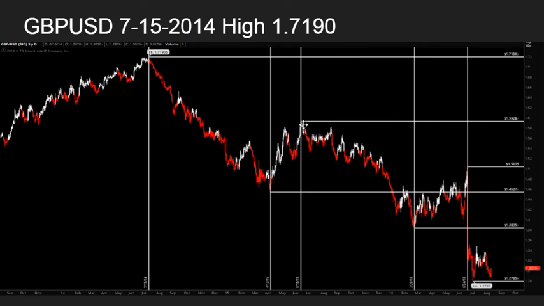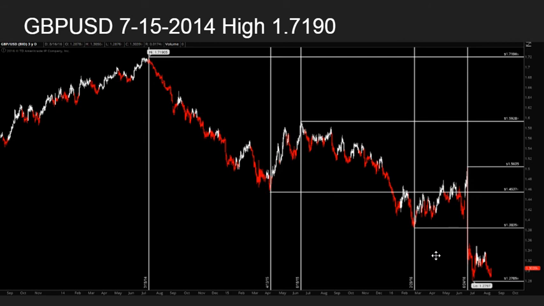See if there's any patterns you can find between here, here, from here, here, here, here. Just as an example. And I'm just showing you swings. You could do fractal, smaller ones. And you could find something very interesting. But to make it easy, just pinpoint the swings. Obviously, this is a swing because look how high it went. You can know this is a swing. We were going up here, and this is a swing going down. This is another swing while it was even going up and down. Head fakes, and it came down here. And it kind of chopped around, but made a high here at the Brexit and dropped.